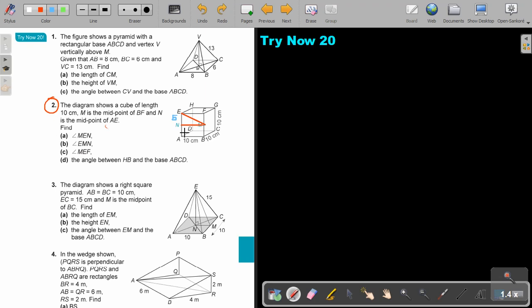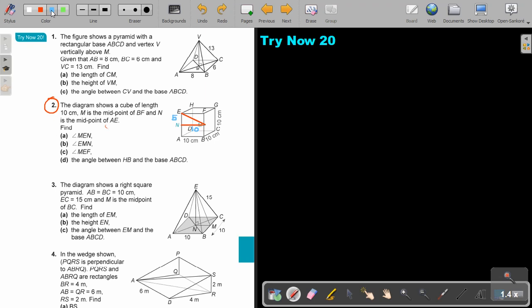Okay, let's continue. This is going to be 5, and this is going to be 10. So if I must find that angle,